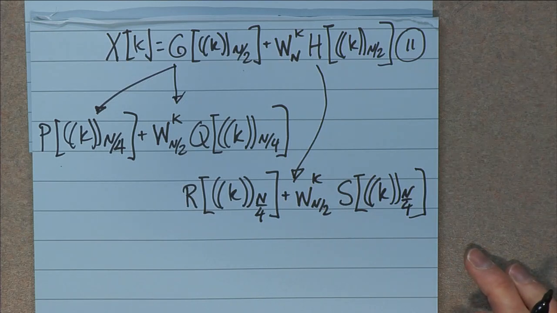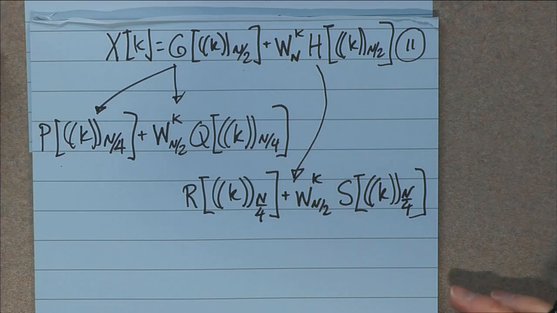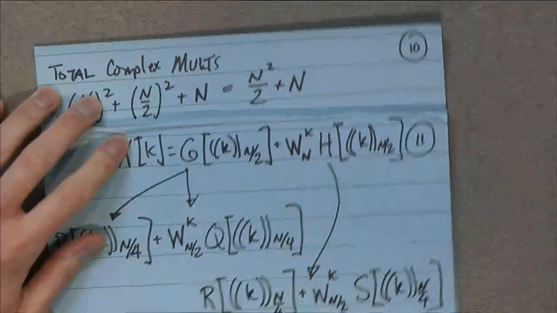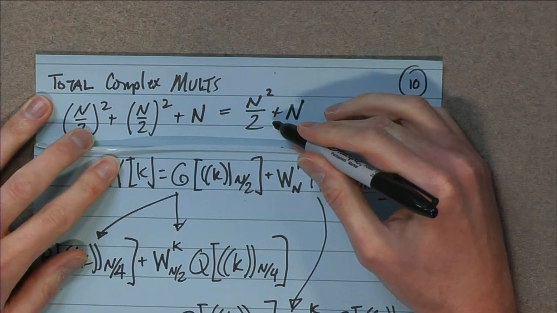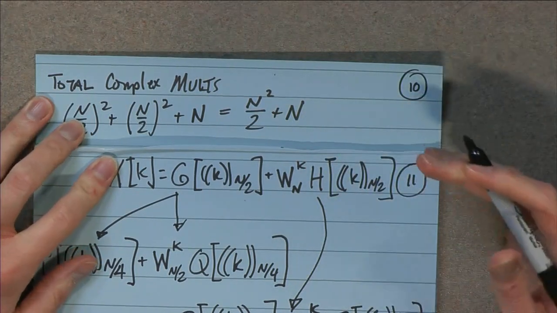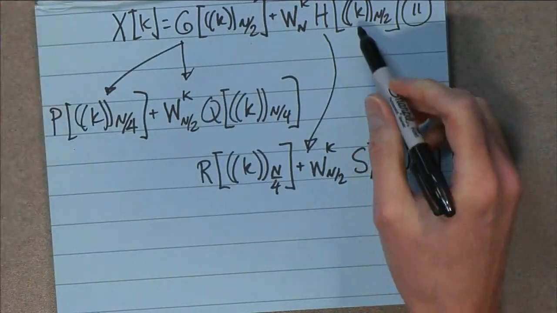What's the point to break them up? We're reducing the number of complex multiplications to compute the final DFT. And so when we do a DFT doing the brute force method with none of this breaking up business, it's just n squared. What we found out was when we broke it up once, we got n squared over 2 plus this almost nuisance factor, because what's really driving you and killing you is the n squared. So as we keep going down, we're just going to go